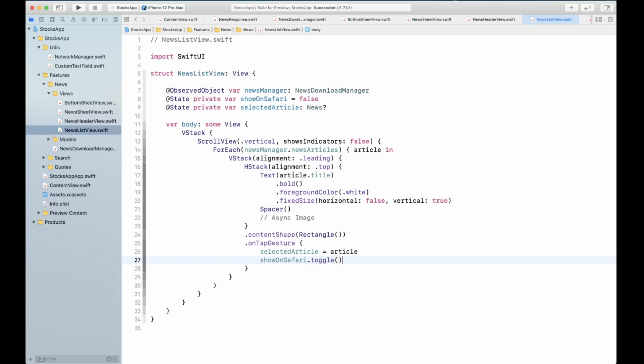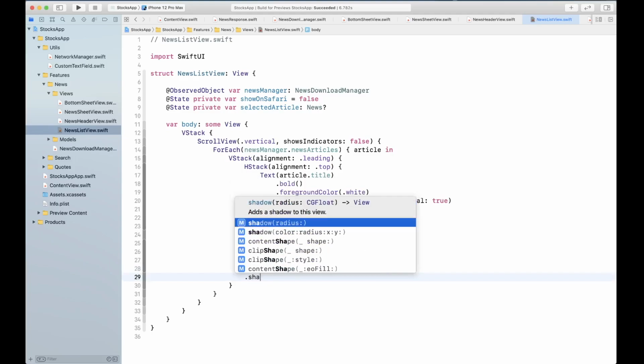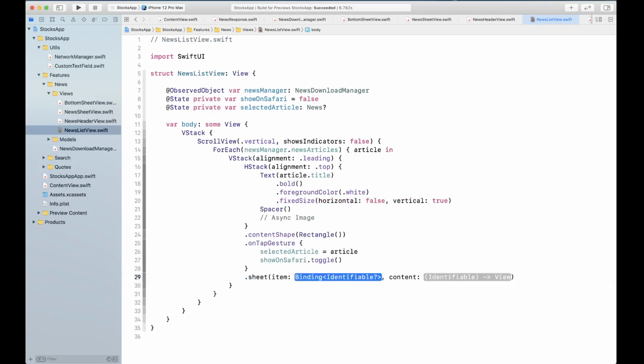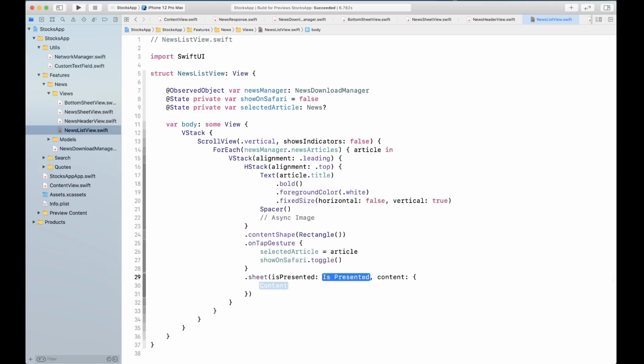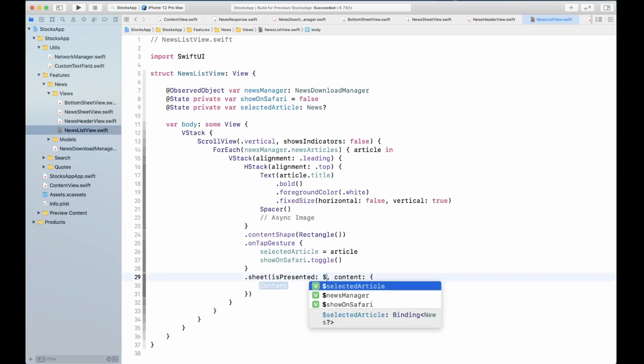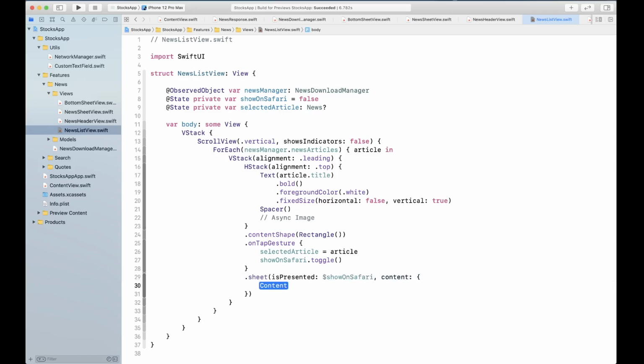Then we're going to create a sheet that takes isPresented, and we can simply say show on Safari is going to be the presented boolean that can be toggled to dismiss, and we're going to create a function to load news. We're going to come back to that.